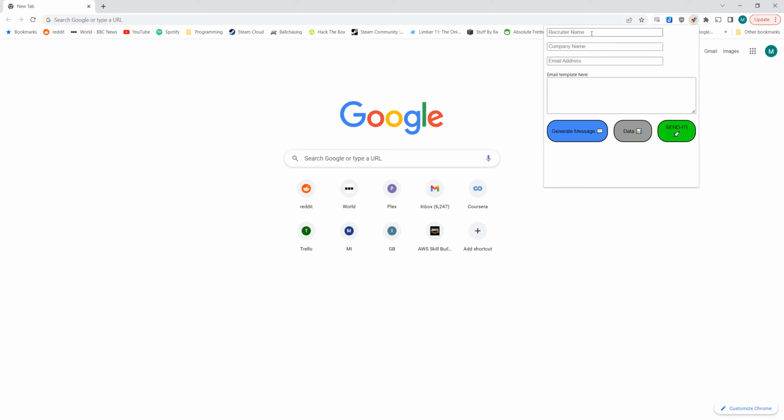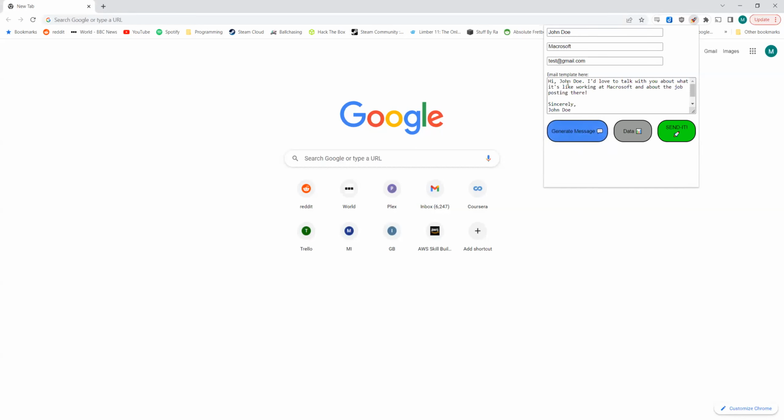So the way this works is you can enter a name, a company name, and then if you have one, an email, and it will auto-generate a message that's customizable, and it will fill in the name and company name for you in the message, depending on where you choose to put it. So for instance, if we have John Doe at Microsoft, for now, we'll just say test@gmail.com. Then when we click generate